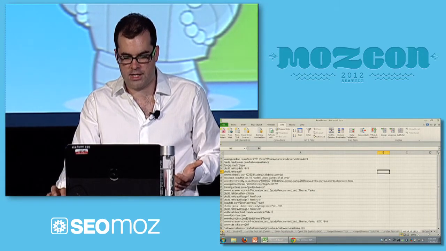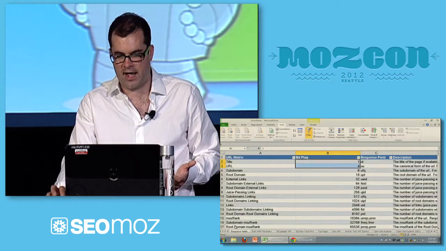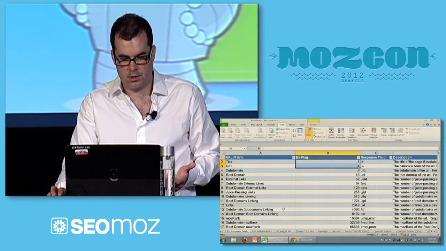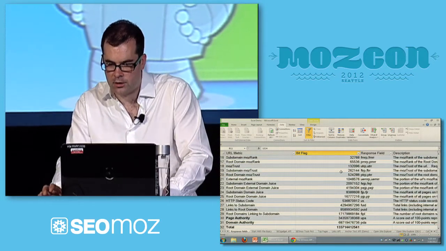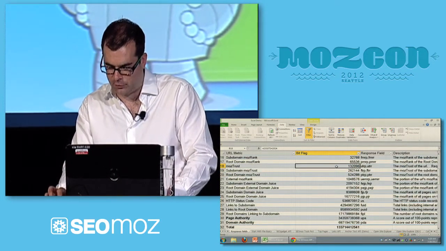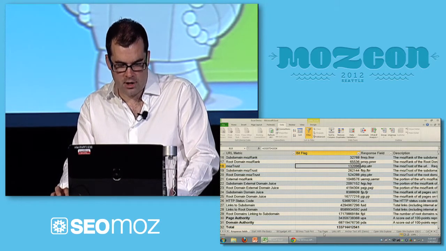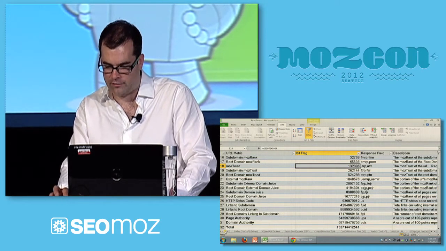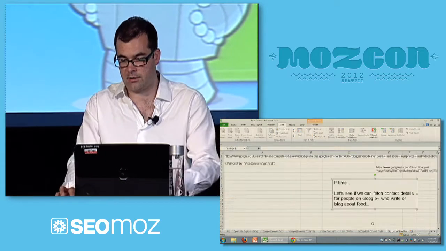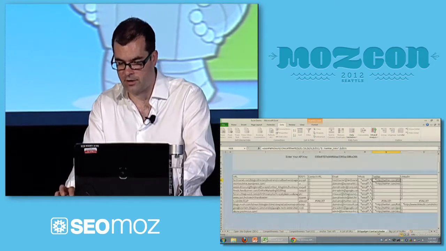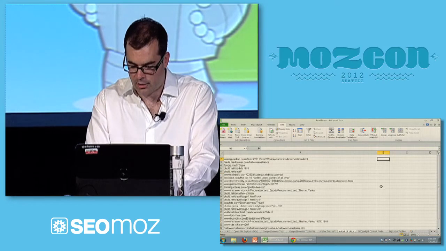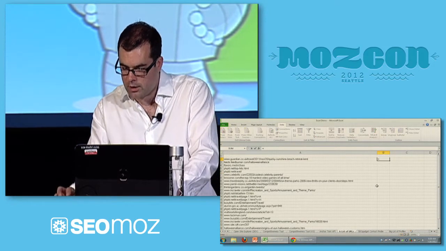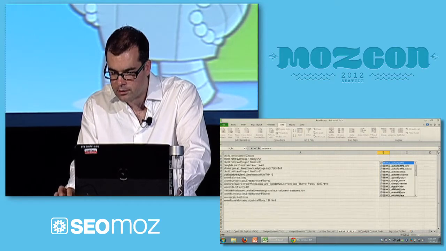I think that what I need to do is find the bit flag for MozTrust, which is going to be in here somewhere. There it is. So could somebody remember 132096 for me? So I want to find out how spammy my backlink profile is. According to Matt's research, he was saying that MozTrust correlates very well with bad quality links. So the way I could do this now is go equals SEO Moz URL metrics, which is down here.